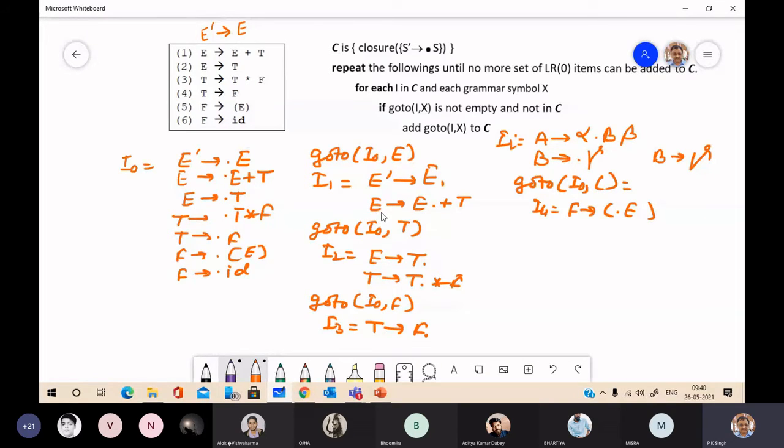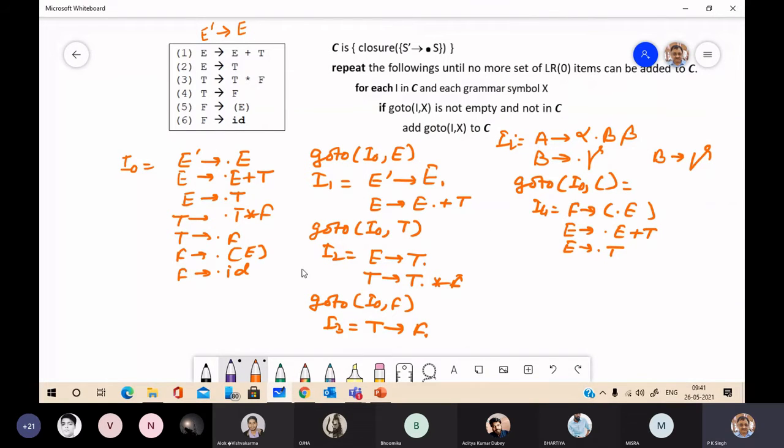Now see, we have a non-terminal just after the dot, so you can add closure items to this item. Applying the same rule, this E will cause these two productions 1 and 2. So E to dot E plus T and E to dot T.